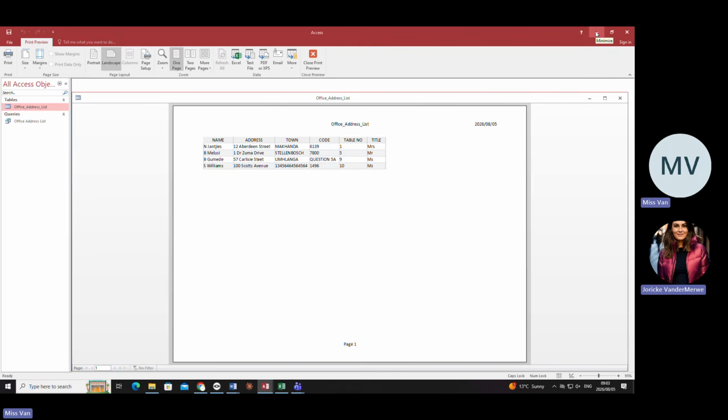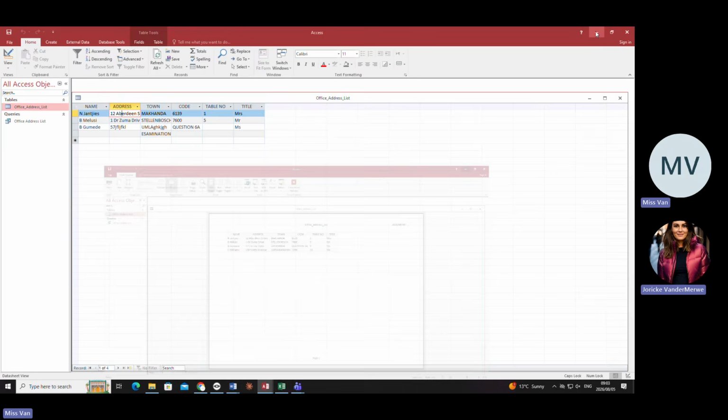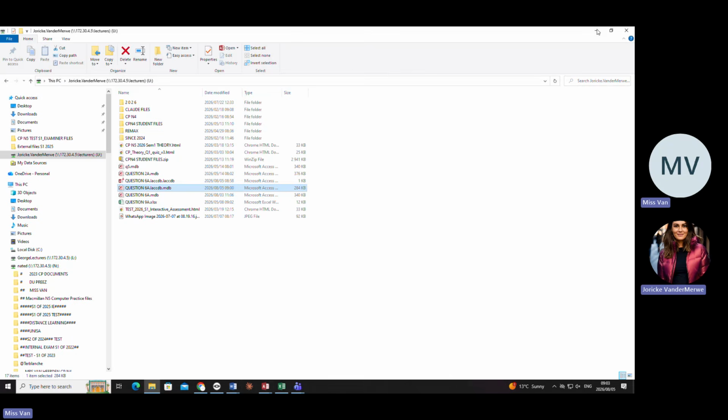Are you all good with printing from Access? Okay, now read with me there. It says, use the mail merge function to prepare the invitations. You must use Arial 12 point unless otherwise specified. Now, what do you need to do?